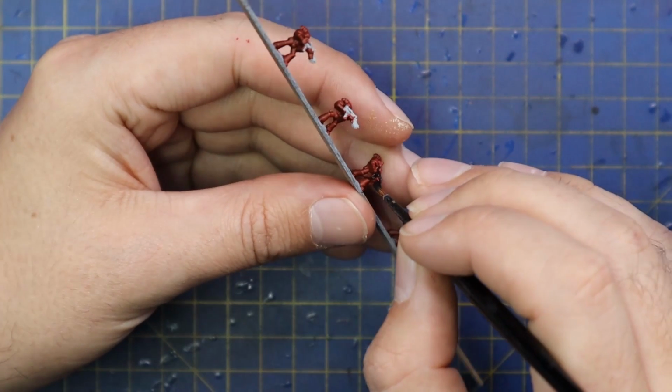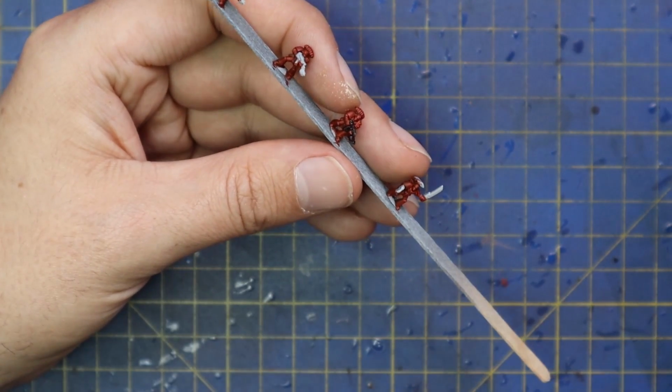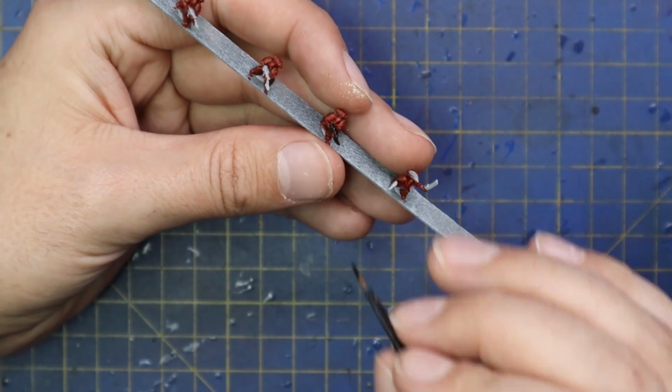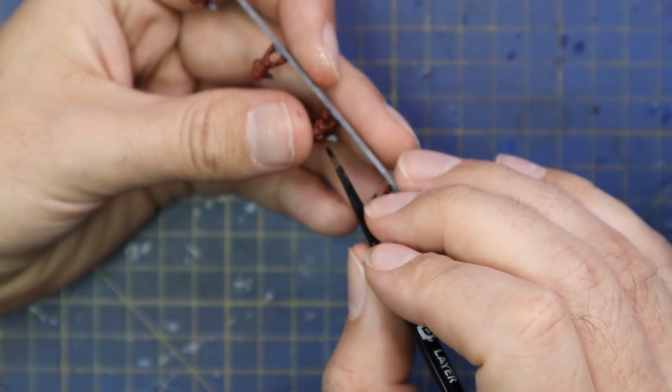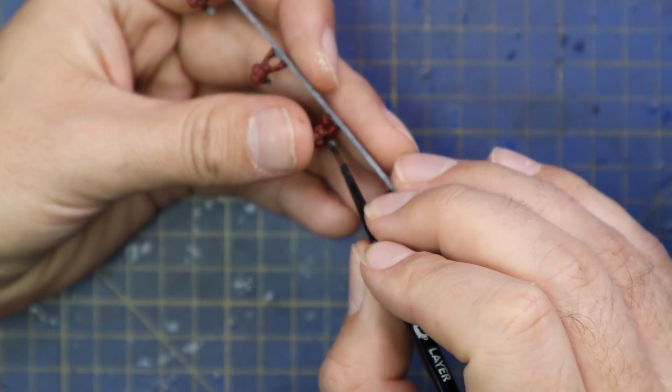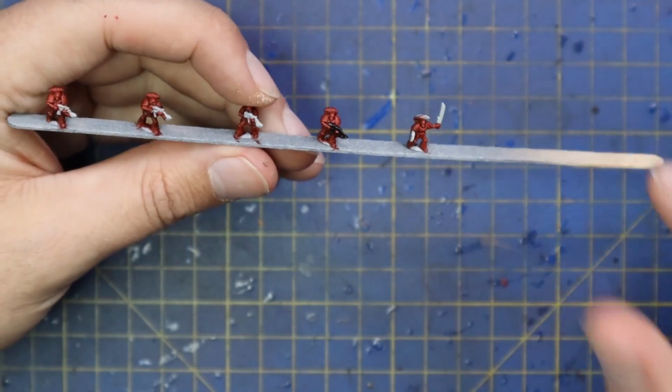Okay, now that the red is all on, we're going to jump over to Black Templar. Now, I use Black Templar for all the weapons across these miniatures, and it's twofold as to why I do this. So obviously, it covers very well and gives you a really nice base coat to put any metallics on top of, okay? But then secondly, and I think most importantly, is some people are having an issue with the